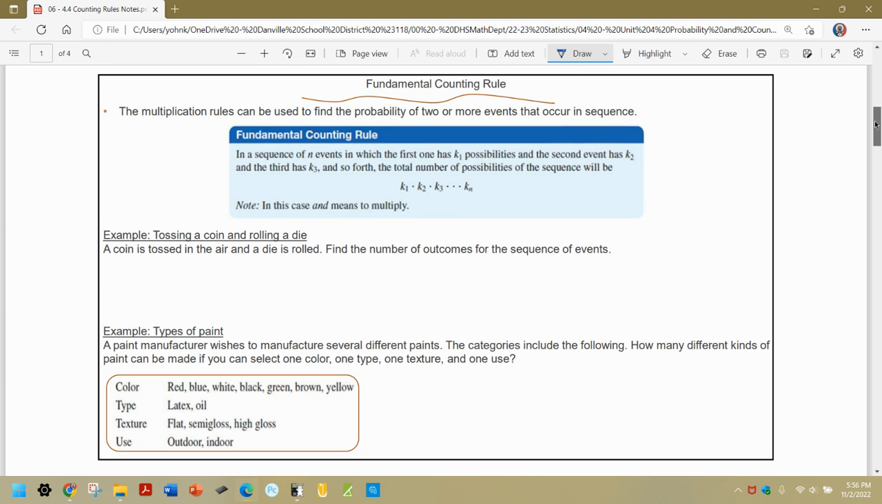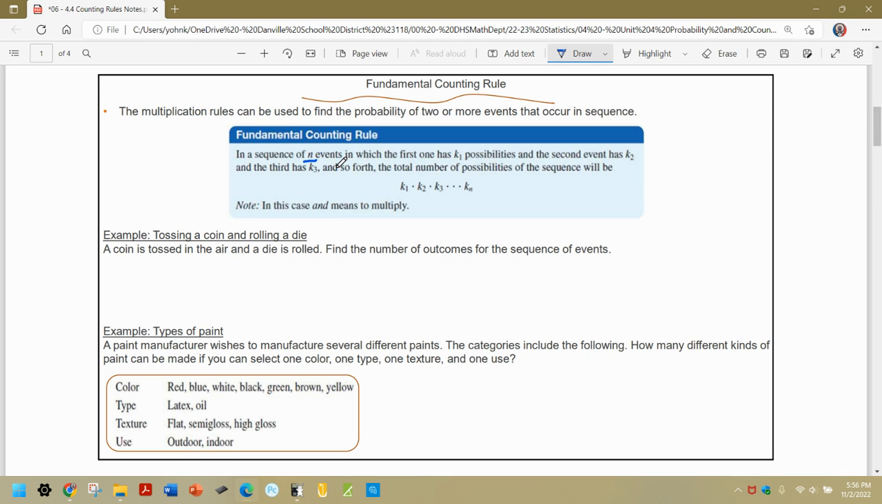So the first thing is the fundamental counting rule. We learned in a previous section that we can use multiplication to help us find the probability of something occurring. Well, we can also use multiplication rules to find how many outcomes there will be, how many different combinations there can be. This fundamental counting rule says that if you have a sequence of